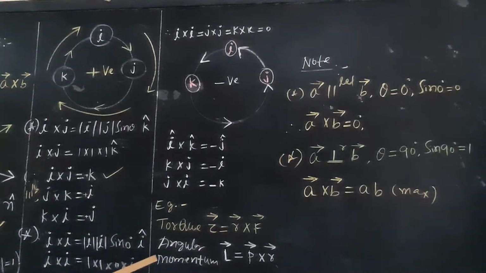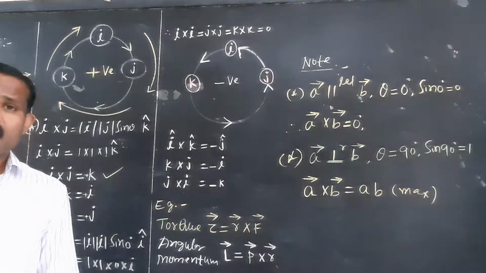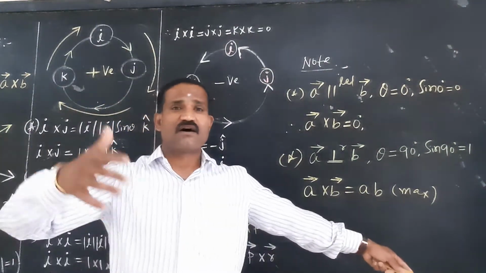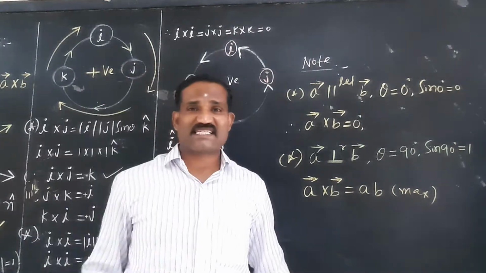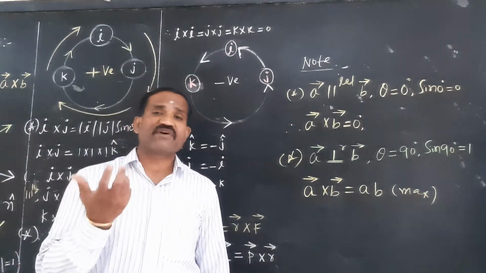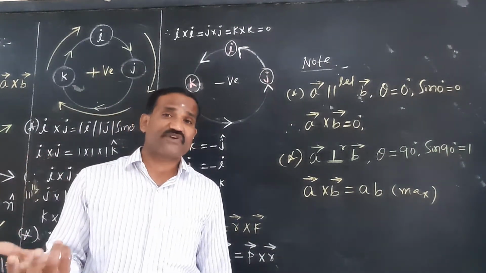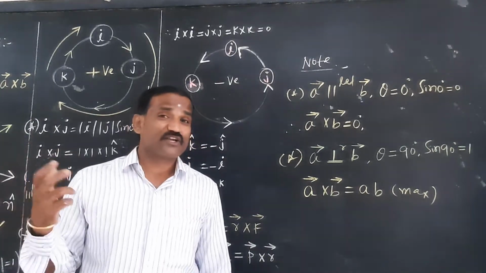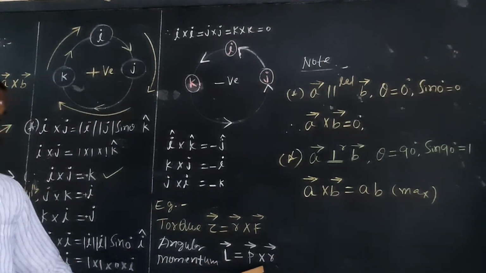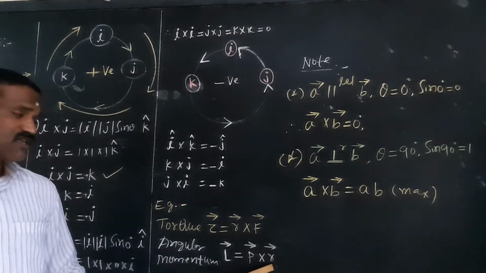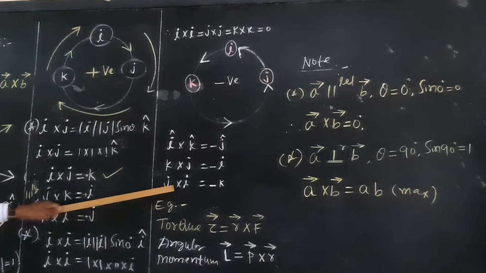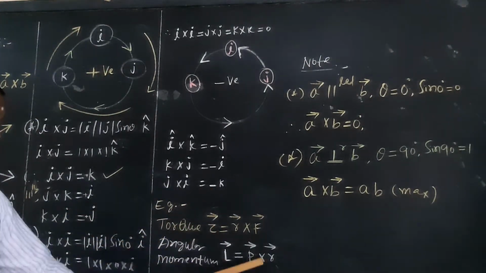Similarly, angular momentum of an electron. The best example for angular momentum is a ballet dancer. A ballet dancer will spin about her own axis, right? So that is the best example. Another one is the orbital angular momentum of an electron. The electron is orbiting around the nucleus of an atom. That is also angular momentum. So angular momentum is the cross product of linear momentum cross with radius vector. These are the two. So many other examples are there for vector product or cross product.